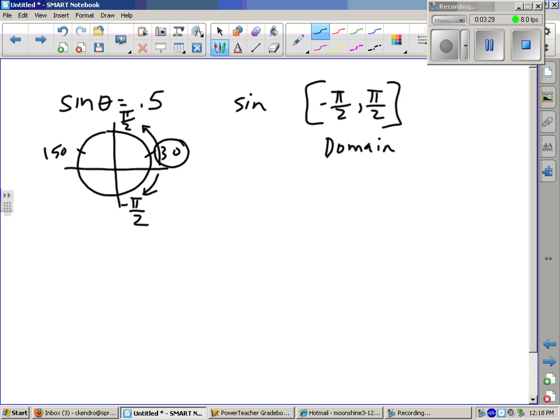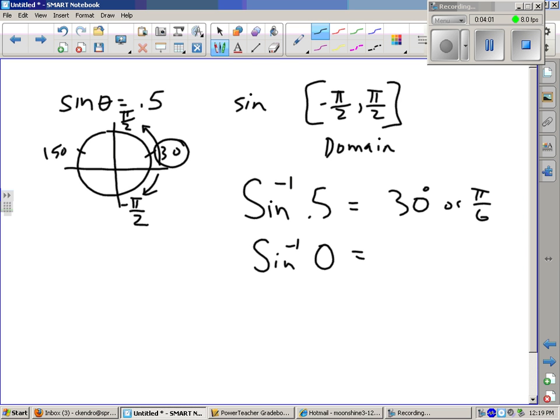Now how do you know when it's restricted or not? Well, they use a capital S for that. So you might see capital S with an inverse, representing that you only want one answer. So if I say capital S inverse of 0.5, your answer is just going to be 30 or pi over 6. If I do capital S inverse of 0, meaning where is sine 0? Think about your circle. Sine is 0 when you don't go up or down, so that would be at 0